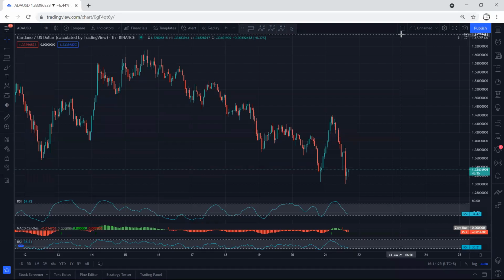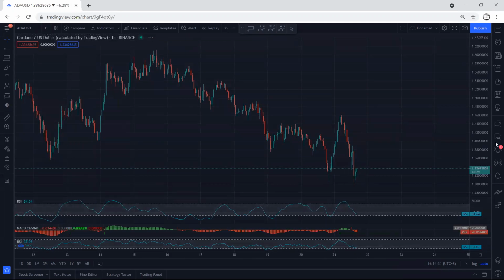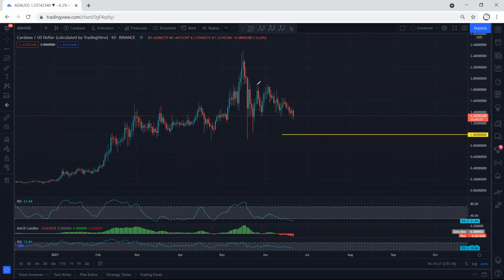ADA, we start with the 1 hour chart. You want to see how we can look for a trade. Okay, first things, the best thing is we start with the daily chart. And again, as we can see, based on the daily chart, even when we explained our analysis, we mentioned we can put